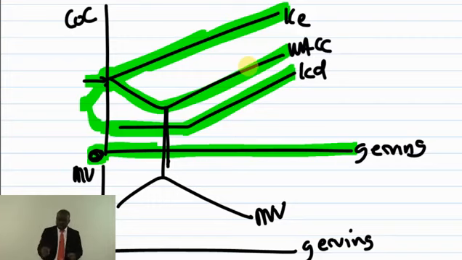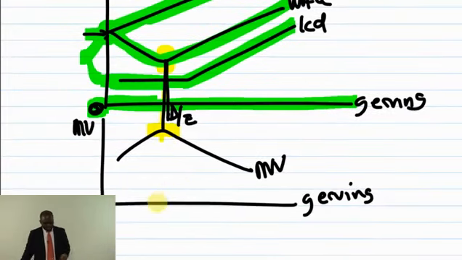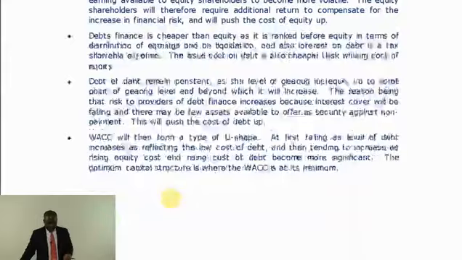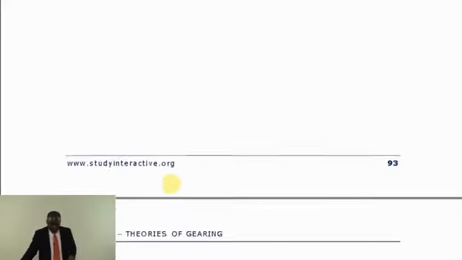Therefore, traditional people are telling you, if you are able to combine debt and equity here, if you are able to get debt and equity here, that will bring the WACC to its minimum. Your market value will be at its maximum. Therefore, financial manager, look for the combination of debt and equity that will bring the WACC to its minimum. The moment the WACC comes to its minimum, market value will be at its maximum. So this is what the traditional theory is saying. Everything that I have said is what they have explained up here for you. So let's go to the next.